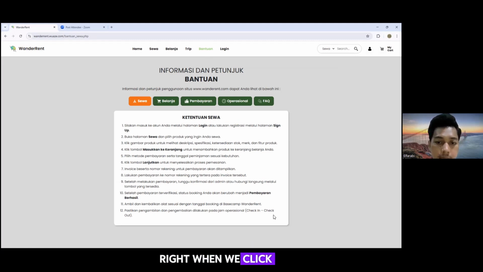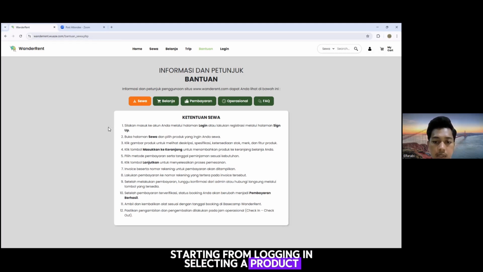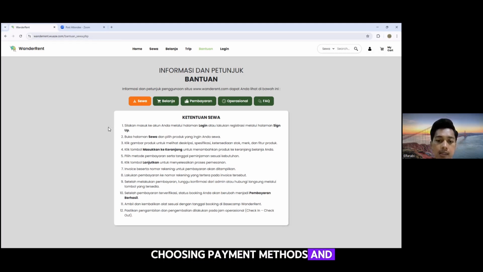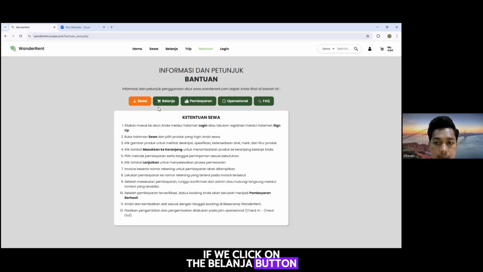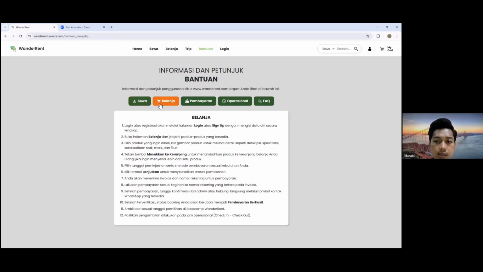Right when we click Bantuan, we'll see the instructions for how to sewa, starting from logging in, selecting a product, adding it to the cart, choosing payment methods, and finishing the booking. If we click on the Belanja button, it will show us the guidelines for purchasing items, just like we saw on the Belanja page.